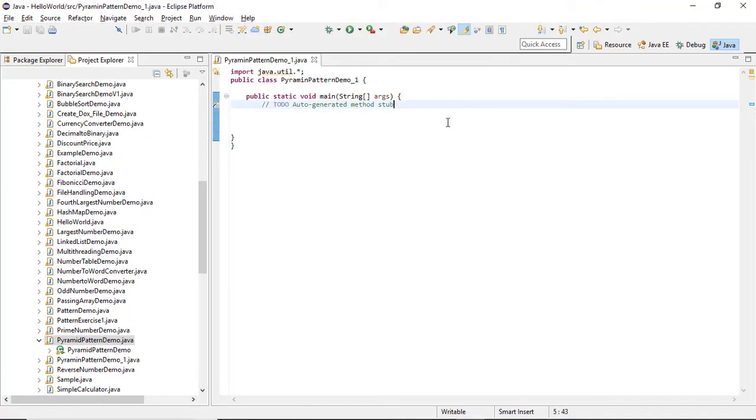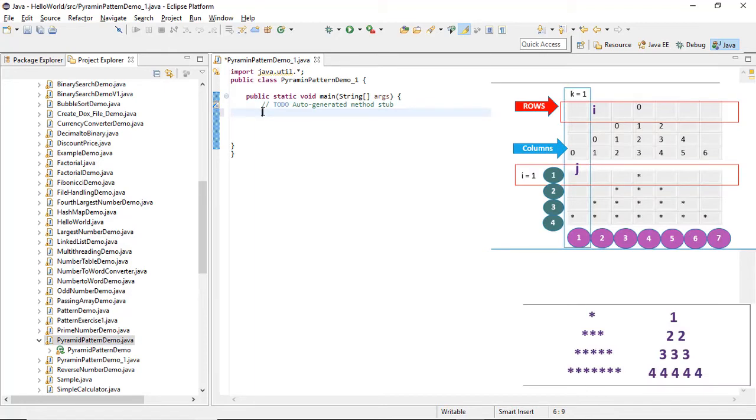So let's start implementing the pattern. Okay, pyramid pattern demo, and we have a main method. Inside the main method you can do it two ways. Since we are going to have the pyramid pattern for star and number separately, we can do one thing. We can just call a method